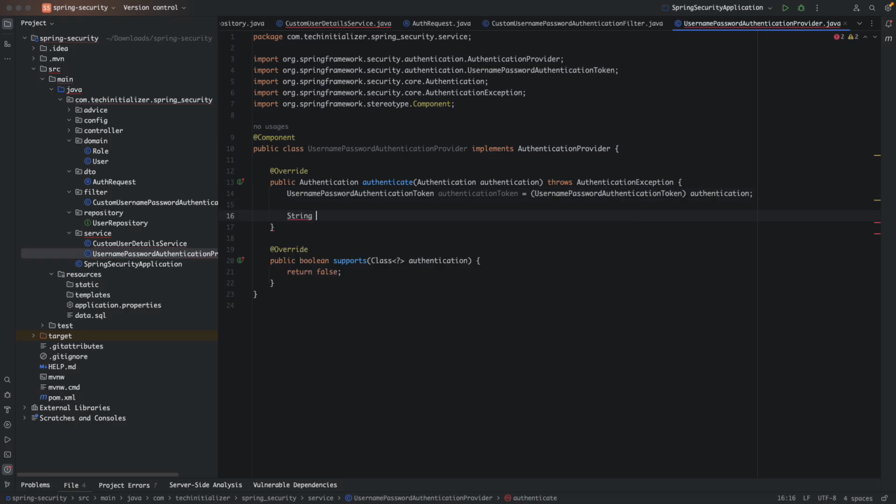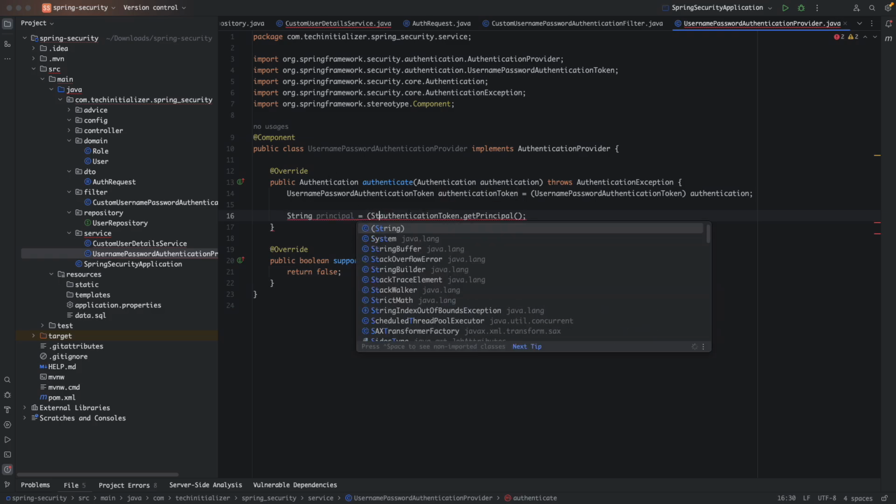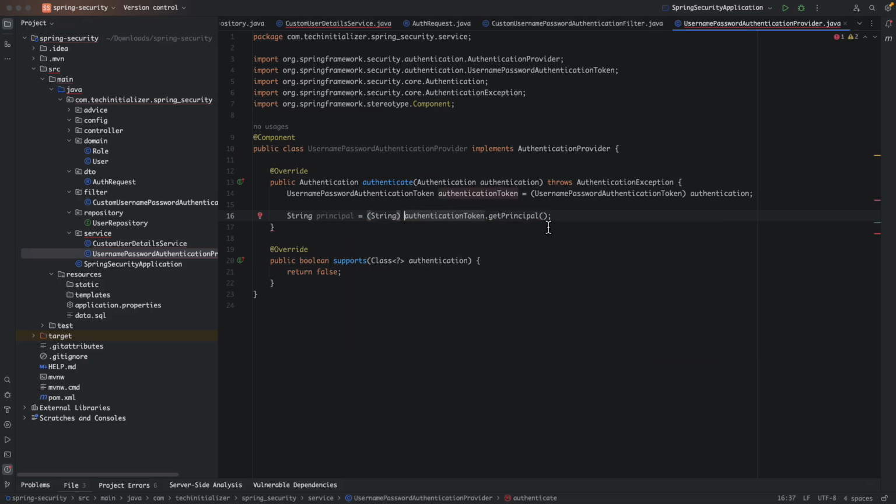So we can say String principal equals authenticationToken.getPrincipal(), and sorry, there's a typo here, and we cast it to String. Same for the password,